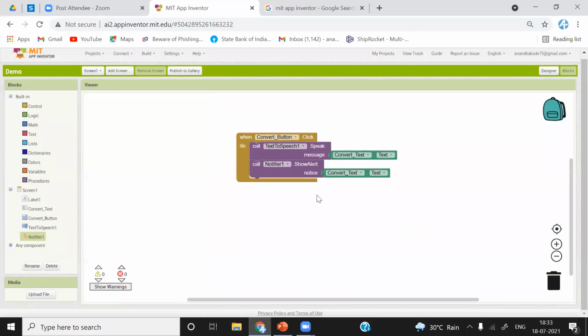Now after this, what I will do? I will connect my Android phone with this application we have just created. Okay, this is everything completed. The back end is also completed. The front end is also completed. So after pressing the button, we will call this speak dot speak function. It will just convert our text input from the user to speech, and this show alert function will show a pop-up of that converted text. Okay, that is our application.